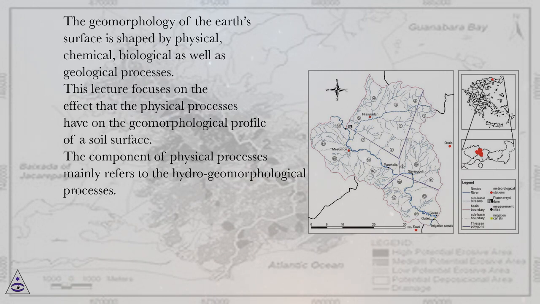The geomorphology of the Earth's surface is shaped by physical, chemical, biological as well as geological processes. This lecture focuses on the effect that the physical processes have on the geomorphological profile of a soil surface. The component of physical processes mainly refers to the hydro-geomorphological processes,